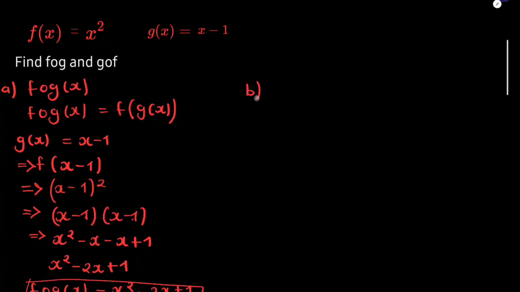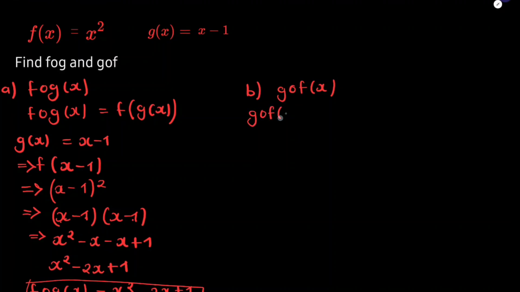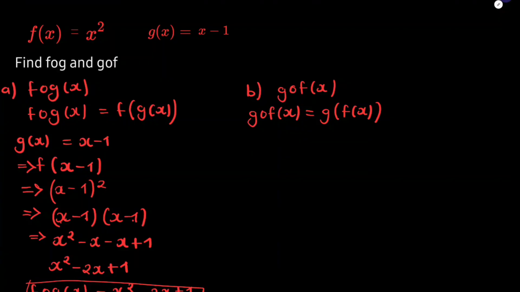Let's go to the b part. The b part says we should find g of f of x. Again, let's break this down for easy understanding. So we will have g of f into x is equal to g into f of x. Again, we are going to have f of x and we are going to substitute it into the g of x function. Our f of x is x squared, so we are going to have